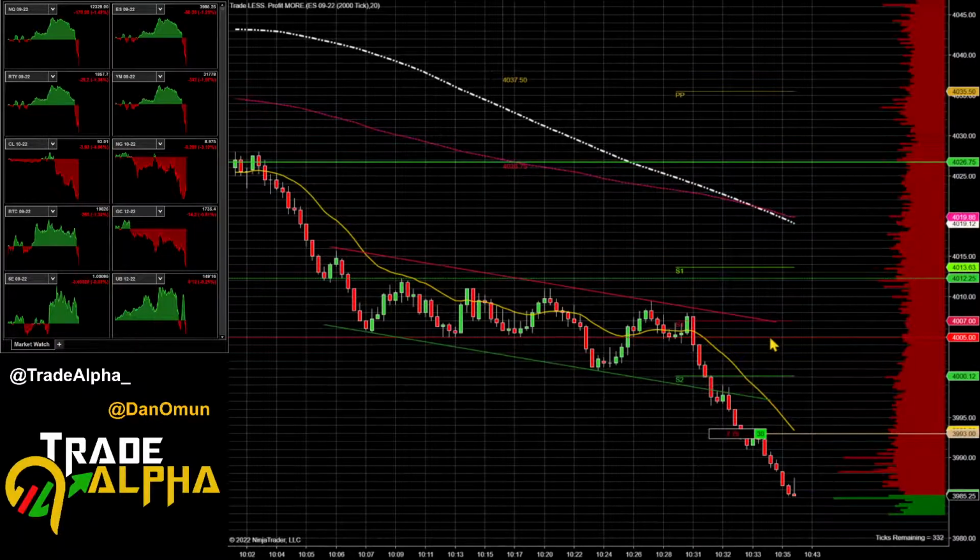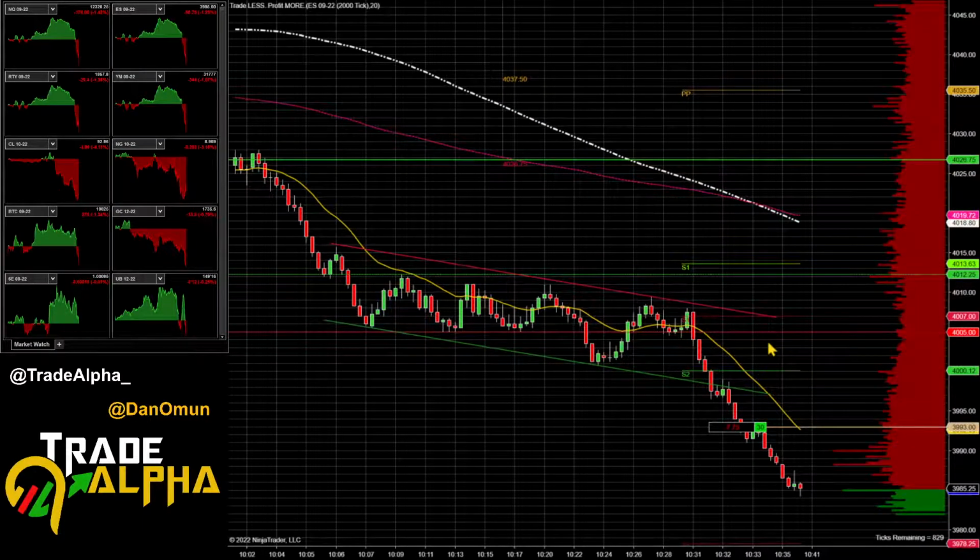Just because I said that it's way oversold doesn't mean you should be looking to get an entry long anytime soon. You have to, like, I know it's easy to kind of jump the gun on this and, you know, get in as soon as you can to a long. The second you see a green candle, it's tempting to go long because of how oversold it is, but I